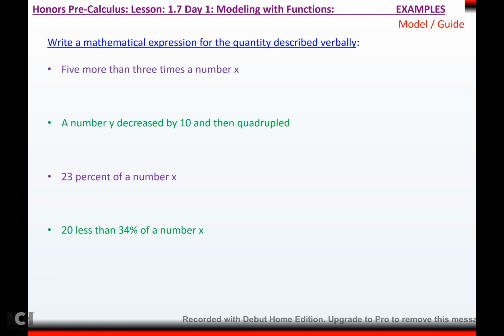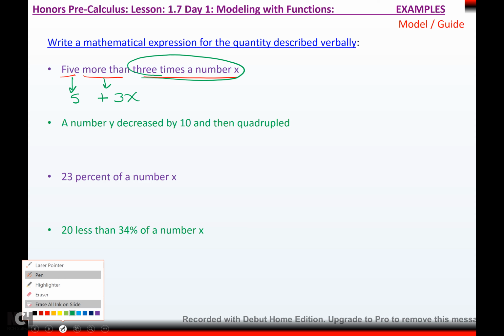It says 5 more than 3 times the number x. If I translate that, 5 is easy. More than would be plus. 3 times the number x would be 3 touching x. Done. Okay, next, a number y